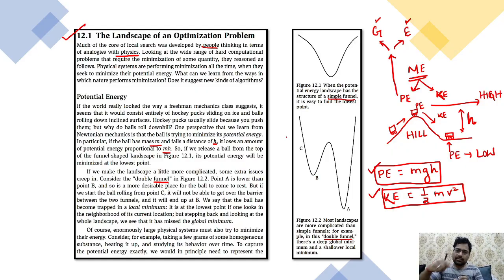Whenever you have a single or simple funnel, we can say the potential energy landscape has a structure where it is easy to find the lowest point. Whenever we start searching, we get the optimal, so no need to worry. We stopped here and found this is the minimum. To find the minimum or optimal answer, we can search from one end in sequential order. But whenever we focus on the double funnel, if you started from this end,